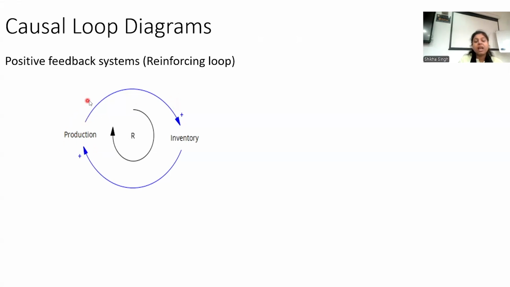You see here, if you increase the production, definitely the inventory levels will be increasing. If the inventory levels are increasing, it means the production will keep on increasing, right? So increasing inventory levels will be impacting the production. That production output is increasing, so you should produce more, right? In the same way, we can have one more example: